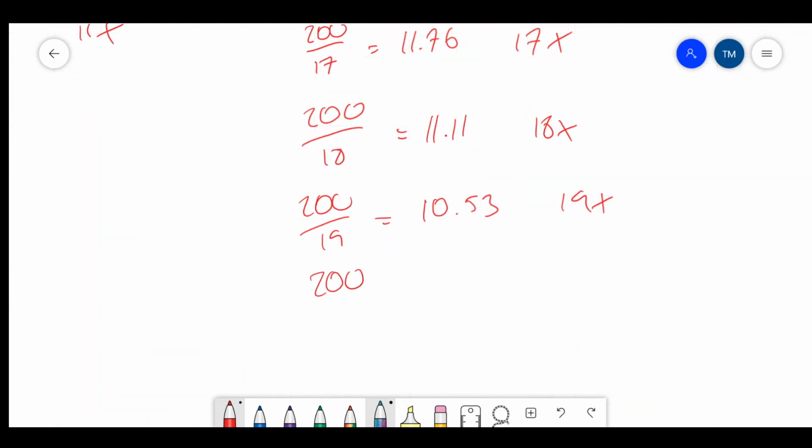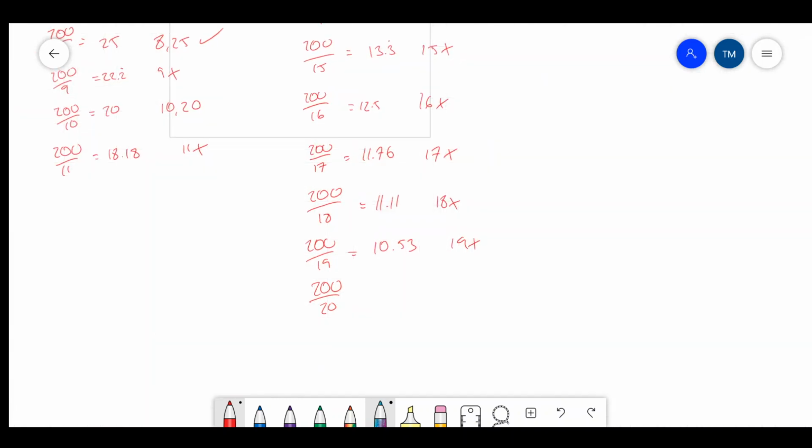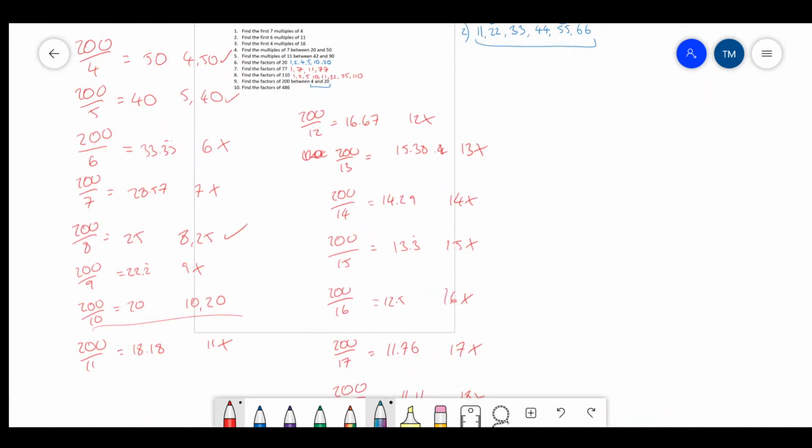And then finally 200 divided by 20. We already know, because we've already worked it out here, that that should equal 10. So 10 and 20 are factors. So this is our repeat factor. And therefore, we can say the following. Well, if we're looking between 4 and 20